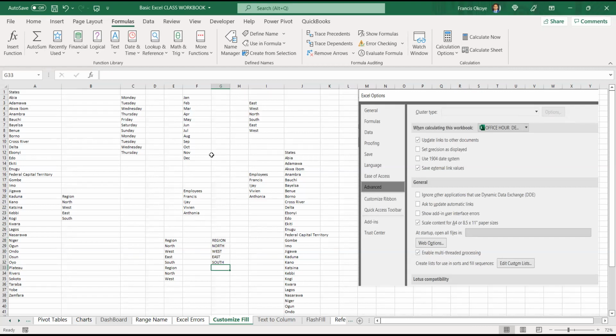All right. So that's how you can customize your own. Instead of you typing certain things, just get the list once and just put it there. Are we clear with this? So now I put this here so that you can see. File, options, advanced, then scroll down to the end. See where you see this general and custom list. Are we done? Yes, sir. All right.